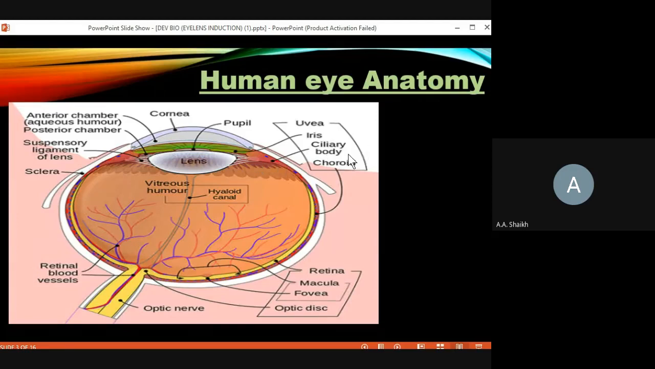Now these ciliary bodies perform the function of holding the lens. In the complete eyeball, a lens is present at the front position. To hold the lens in its proper positioning, a ciliary body is present in the complete eyeball structure. Now these ciliary bodies will take the help of